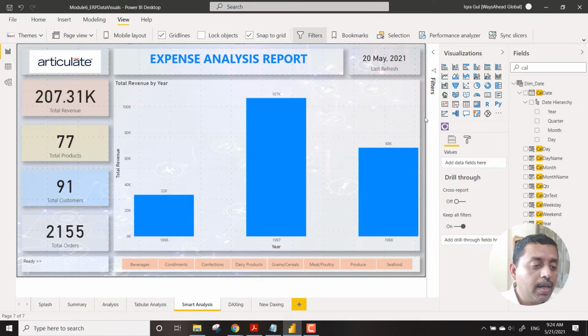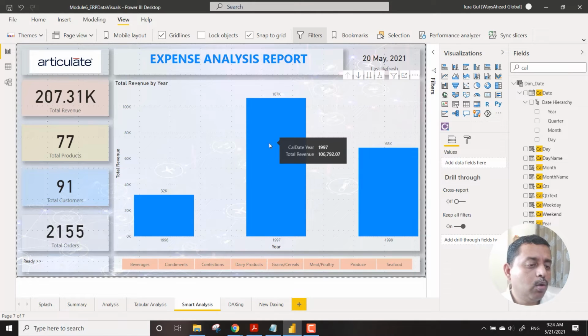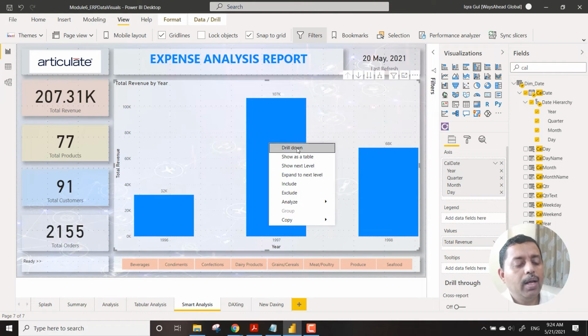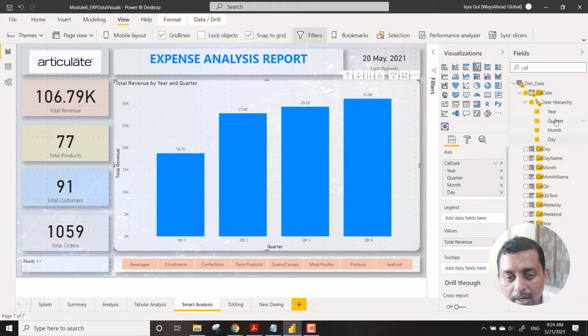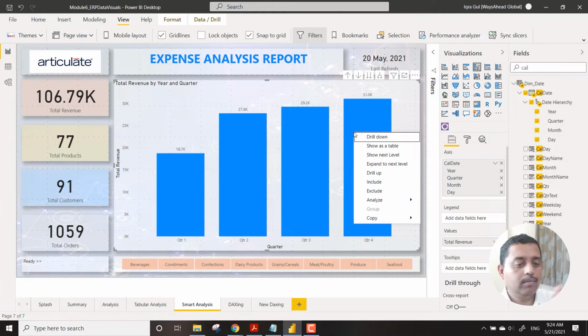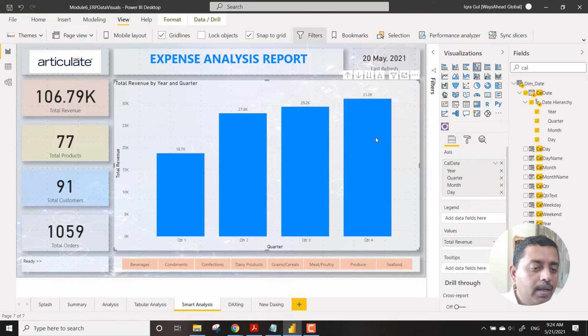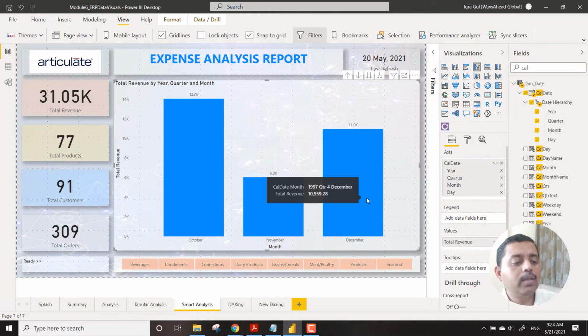Now we say something very interesting over here. If I just want to see what has happened in 1997, what you can do is right click over here and say drill down, because we see that the data has a hierarchy: year, quarter, month and day. It goes inside, and then we right click and again say drill down, and we are now inside the month.